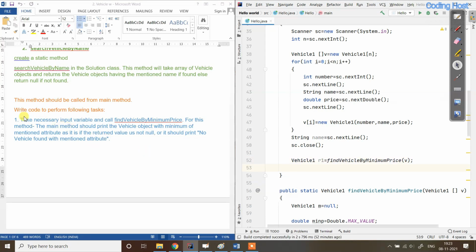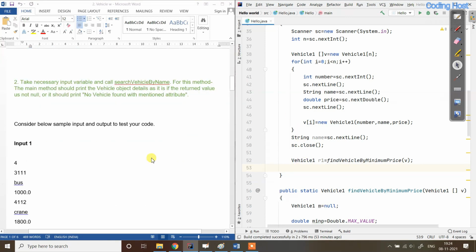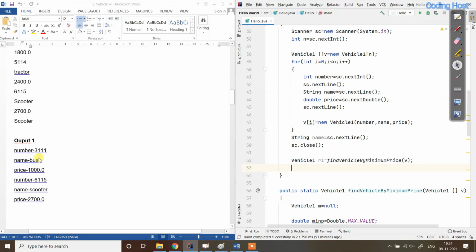And you can see that in the question it is written: take necessary input variables and call findVehicleByMinimumPrice. For this method the main method should print the vehicle object with the minimum of the mentioned attributes if the return value is not null. If we are getting any object in this variable, we have to print all the attributes of that object. In the question they will also tell you the format of the output, so we have to print like this: number, name and price.